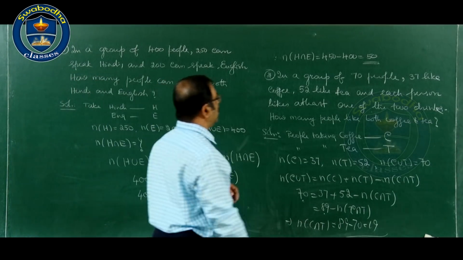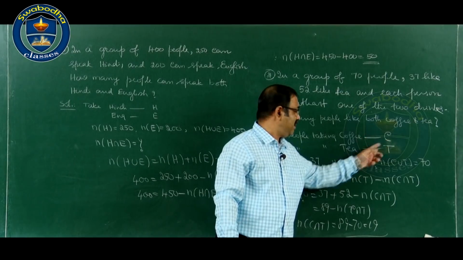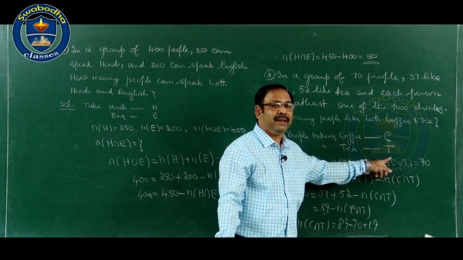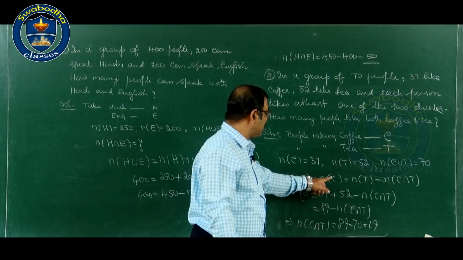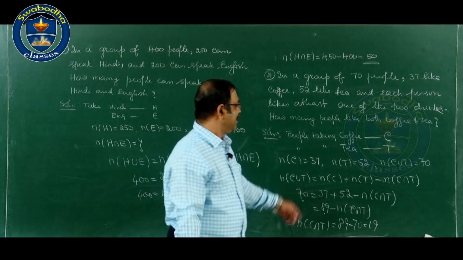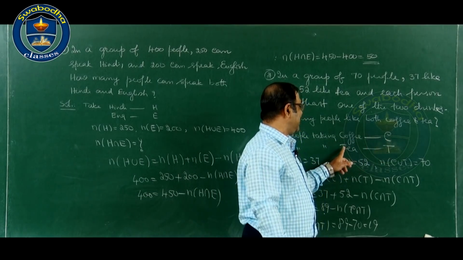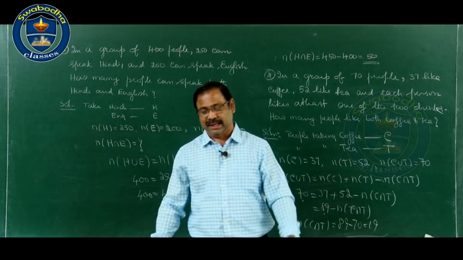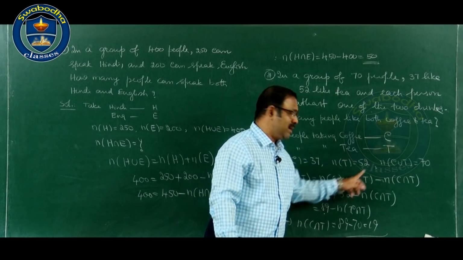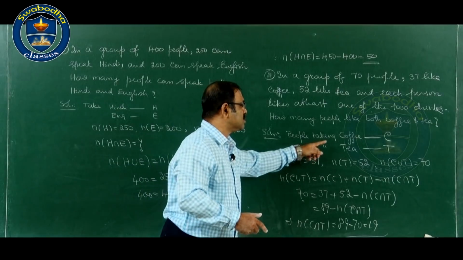Now, as soon as such a problem is given, we must represent it. It is not necessary to take it as C and T. You can take it as A, then B. Then if it is easier for you, you can write A and B, then N of A union B is equal to N of A plus N of B minus N of A intersection B. But here this is coffee, the spelling begins with C, so I took it as C. Then tea begins with T, so I took it as T. That is the reason I took it like that here. But otherwise you can take it as A and B and you can easily solve the problem. So, that is left to you.